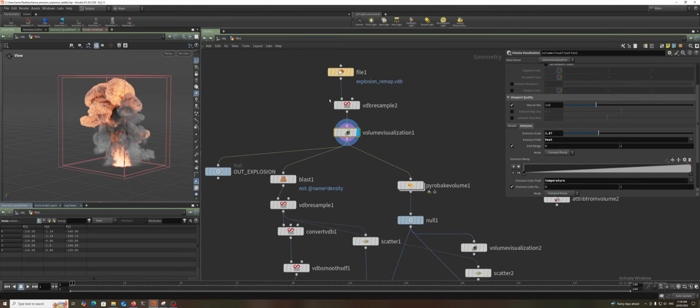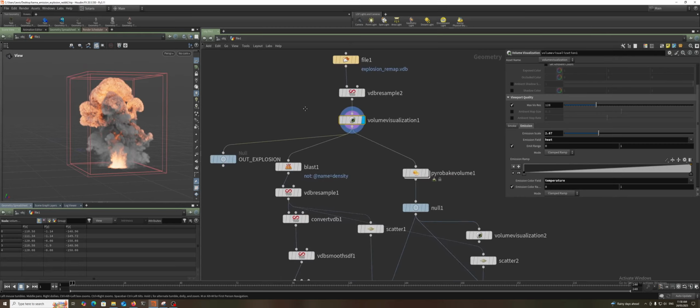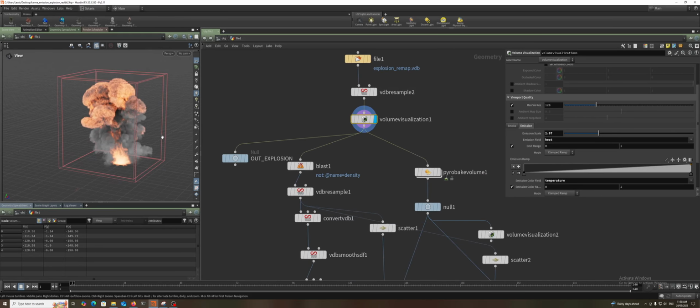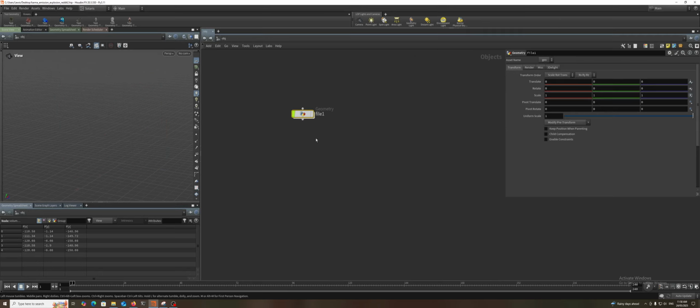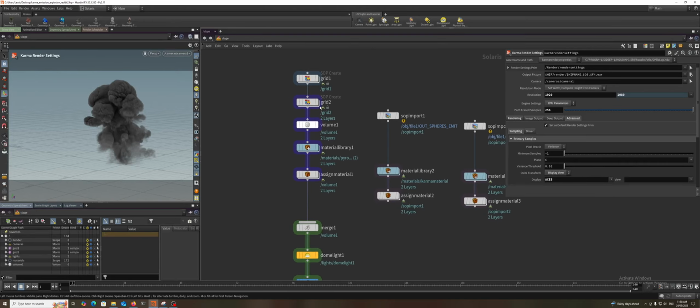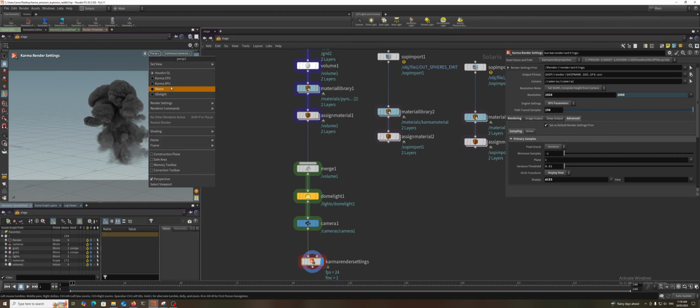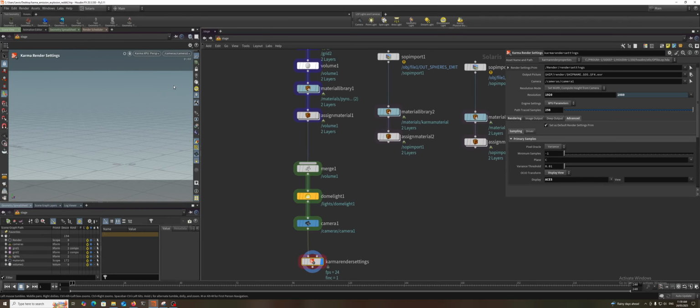So I've got here a pretty high-res explosion. There's a decent amount of detail in here, and this would be something that would go straight into Karma, and we'd be rendering this, and okay, there's some set geometry, and we're going to emit around to it. We're going to have that classic issue that you were referring to. I've got the solution, but let's just step through it as if we don't have one for now. So we've got our volume in here, and fire up Karma,